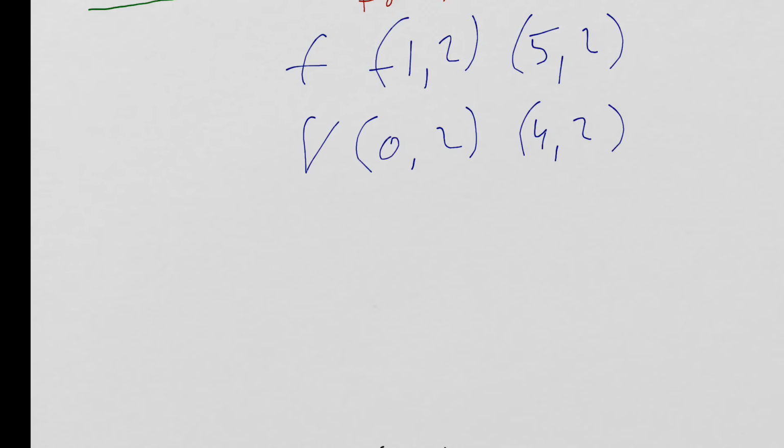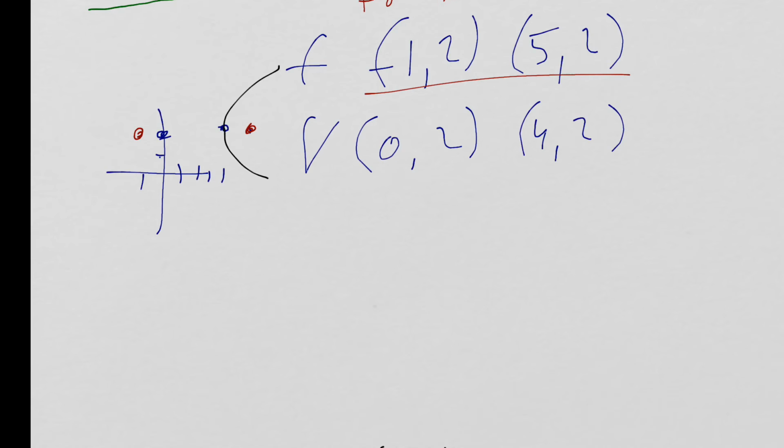Well, how is this oriented? If I graph this real quick, I've got vertices at (0, 2) and (4, 2), and my foci are at (-1, 2) and (5, 2). Oh, this is -1, that's why. Okay, here are the foci, right? And here are the vertices. Our hyperbola goes through the vertices and wraps around the foci. So we're oriented left and right,